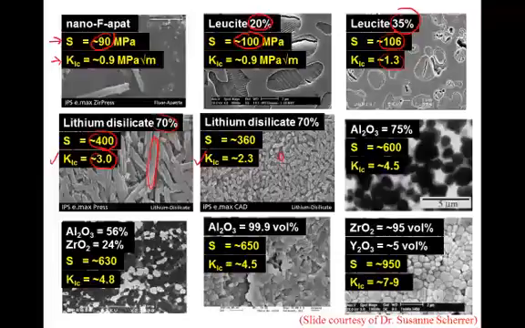And then we have the case here of 75%, so increasing 5% more the crystallinity and shifting to a different type of crystal. We see the strength jumps from 360 all the way up to 600. So why the big change for just a 5% increase in crystallinity? It's because the crystals in this case are actually touching each other, and if we look in 3 dimensions, we will see there's a continuous network of crystals throughout the entirety of the object. And so now the crystals have become the continuous phase, and the glass is just filling the space, the pores